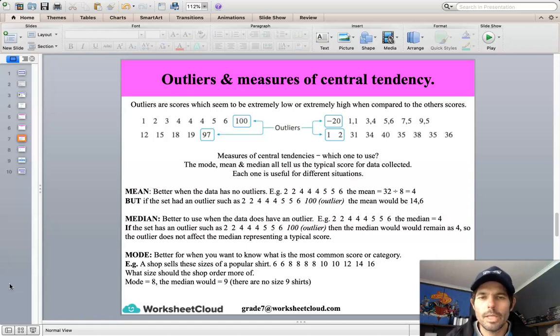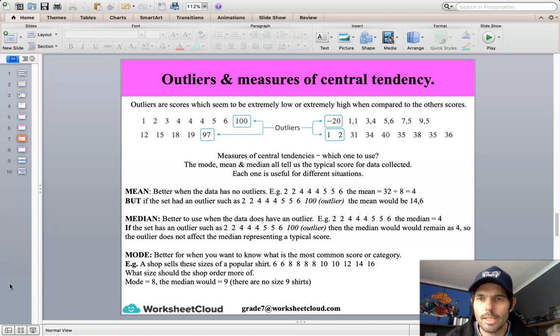So when we're dealing with outliers, then what is the best measure of central tendency to use? So we know we've got the mode, the mean, and the median. And remember, mode is the score that occurs the most often, and your mean is your average. So your number of entries added up divided by however many entries there are. And we've just gone through the median, which is your middle value. So I thought it would be a good idea just to explain which to use and when to use which